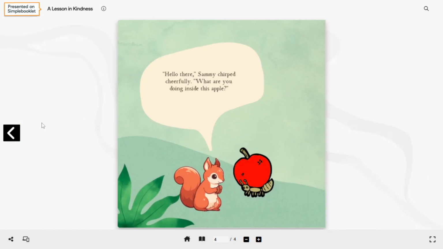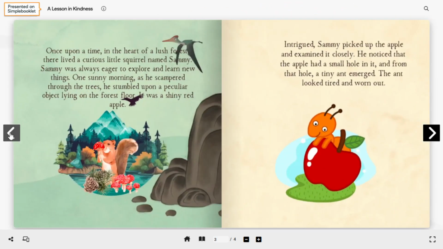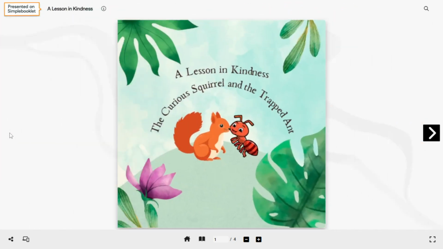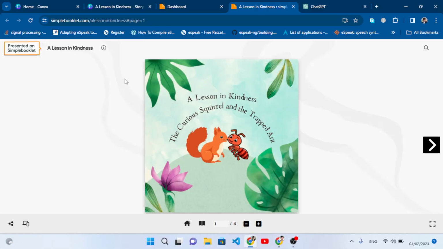So I have created just a 4 page book. I will show you how to create a book like this. Okay, so let's get started. To create a book for kids like this,